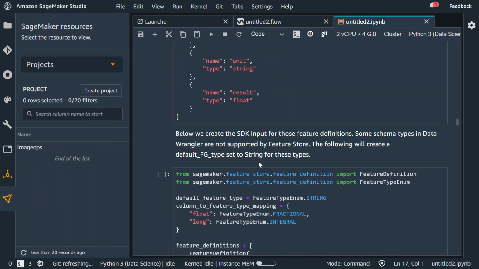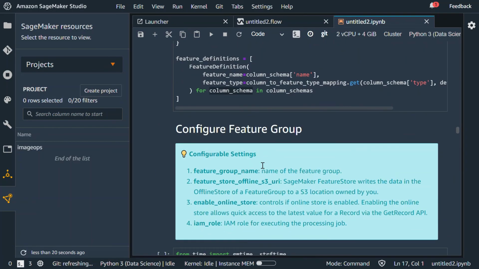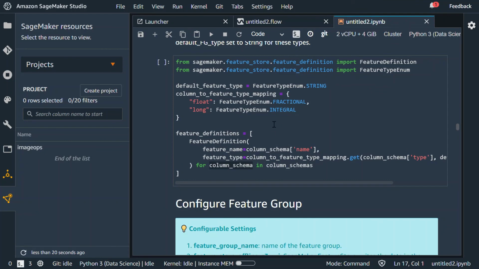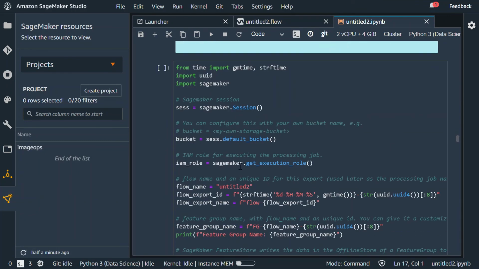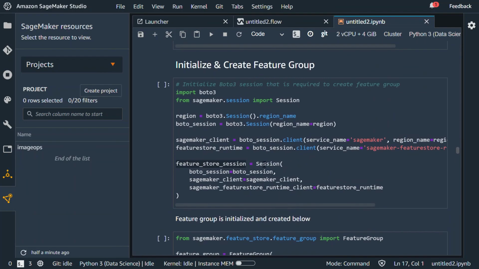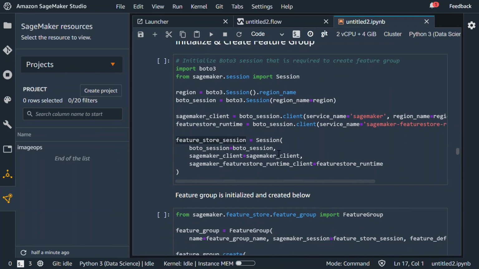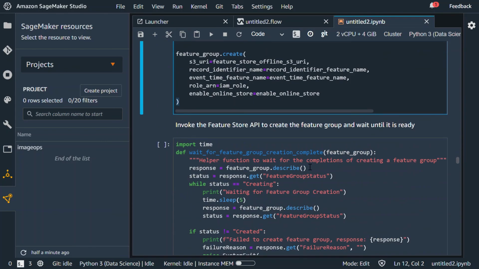We just configure it and create a group of it, and the code is already in front of you. We just have to have a definition for our feature, a schema for it, get it from a pre-processing stage, and hit create, initiating a session for it and creating it as a group, and we can just